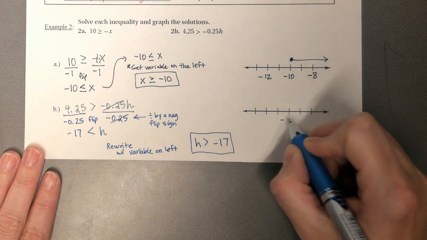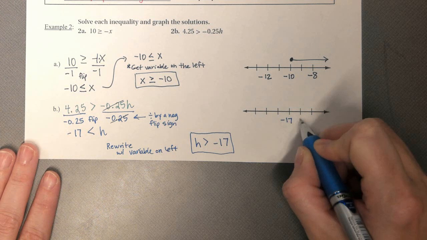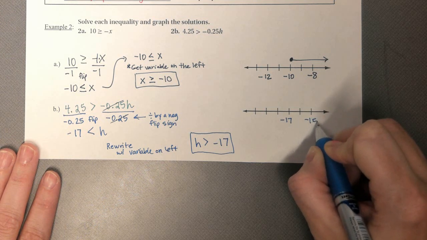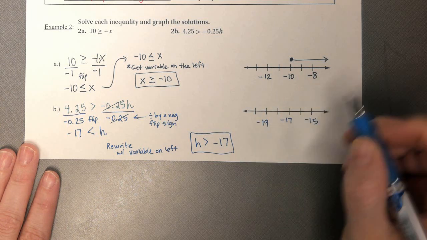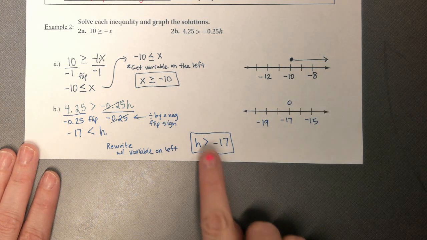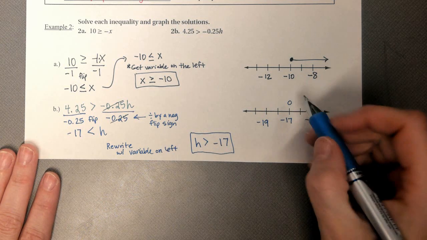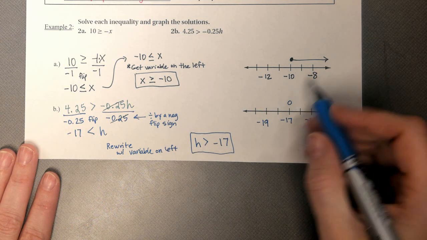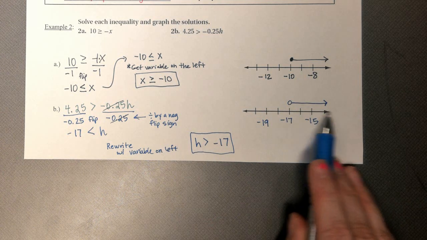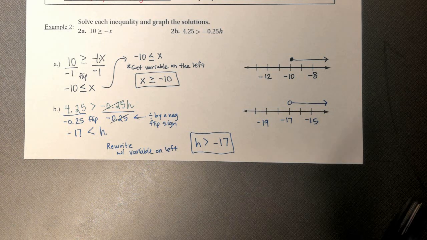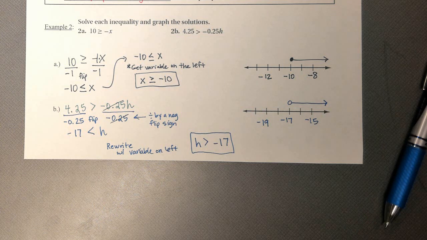All right, and then if I put -17 here, this would be -16, -15, and this would be -18, -19. You have an open circle because there's no equal to, and then the arrow is going in the same direction as your sign. Okay, it's greater than -17, so we have to do all the values that are greater than